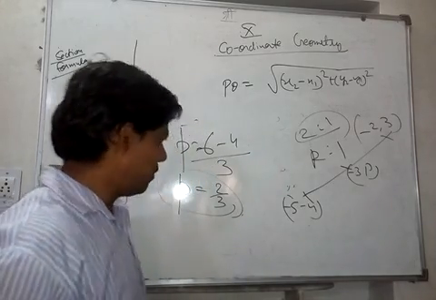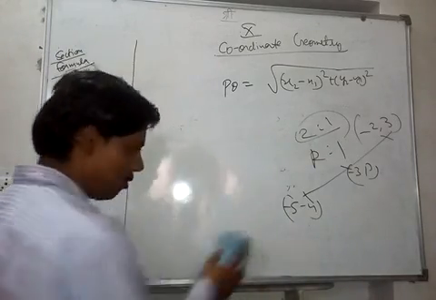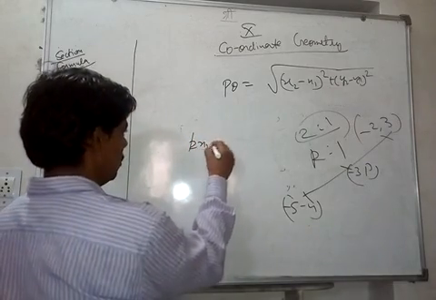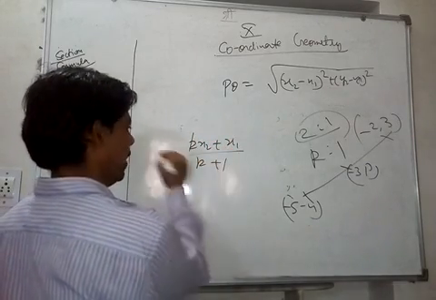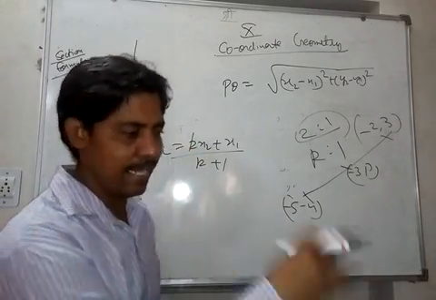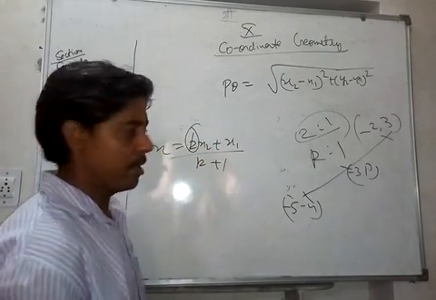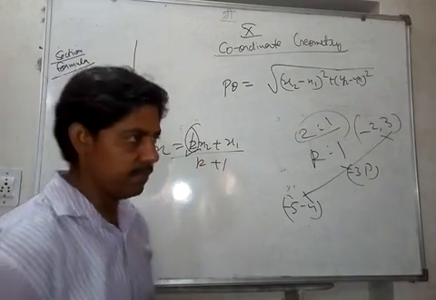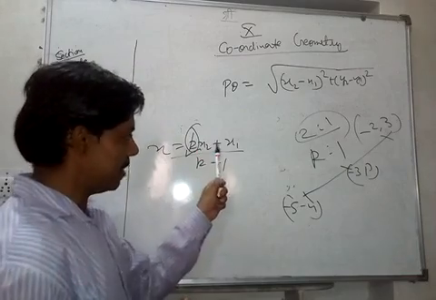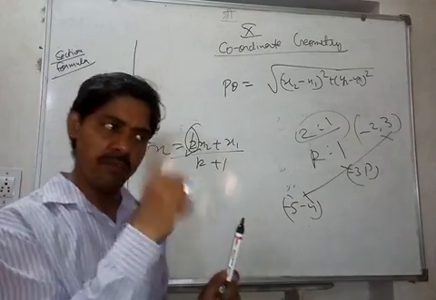Important thing is, sometimes we can use the same formula for external and internal division. And that is very interesting. If you don't know whether it is externally dividing or internally dividing, just use this formula kx2 plus x1 upon k plus 1 for x. When you apply this formula, if you get the value of k as negative, that means it is external division. And if the value of k is positive, then it is internal division. But this is when you use this plus formula. If you use the minus formula, then the value of k will be positive even for external division.